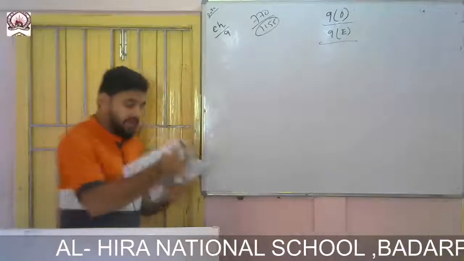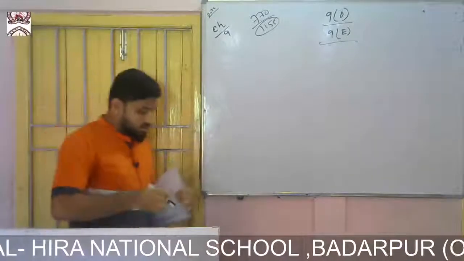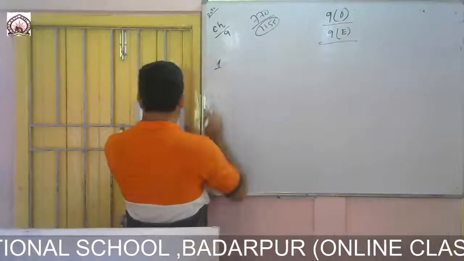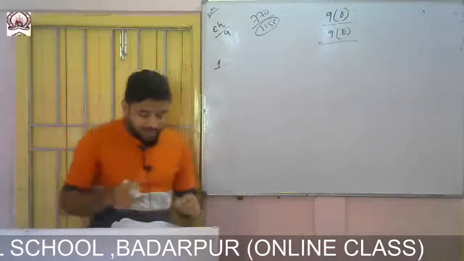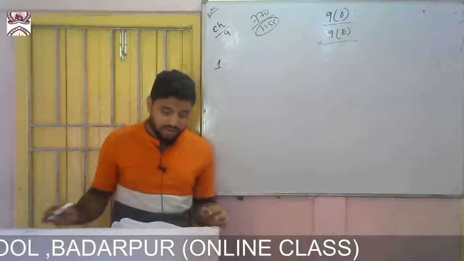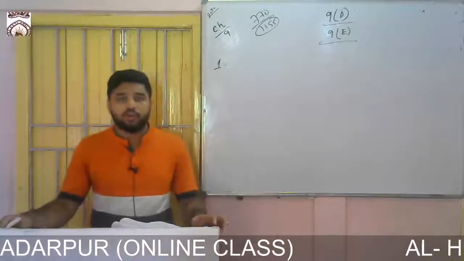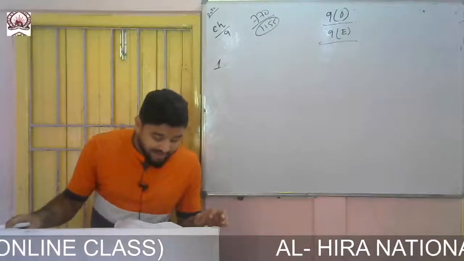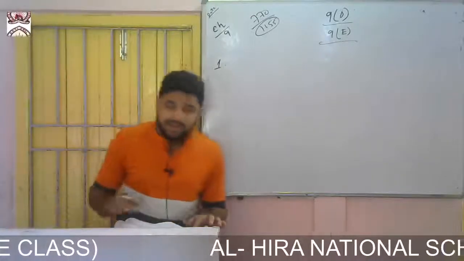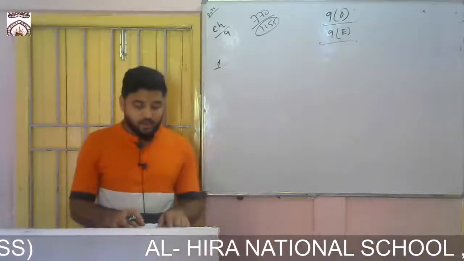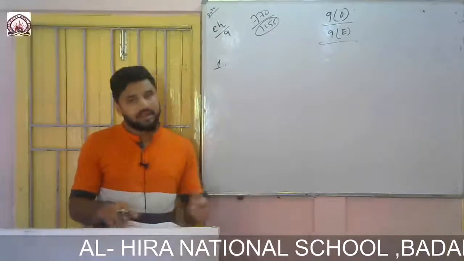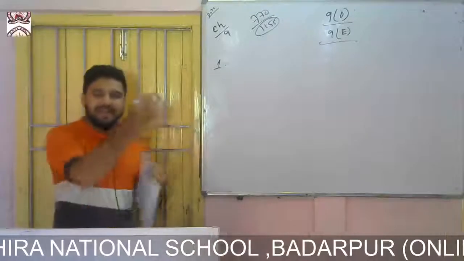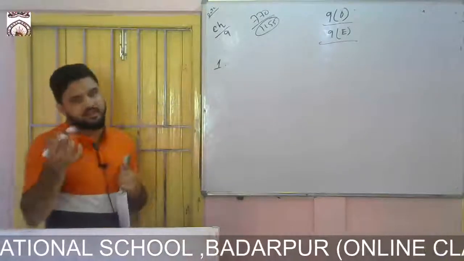So see the questions. I shall solve from question number 1. You see, 1 to 4 are all the same. It is given in the question also that from 1 to 4 we need to use the same formula. So I shall solve question number 1 and question number 2. Question 1 is the same as question 3, and question 2 is the same as question 4. So I am solving 1 and 2, and you practice 3 and 4 at home. It is the same, just replace the digits, nothing but that.